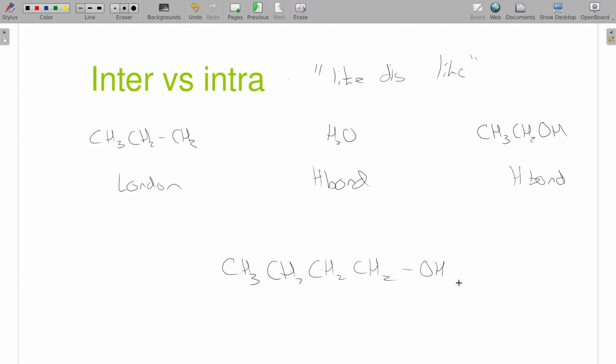Now, something neat about butanol, that OH, this does do hydrogen bonds with itself. And because it can do hydrogen bonds with itself, it has increased boiling point, increased freezing point over something without hydrogen bonds. It's going to be a liquid at room temperature. All right, but hydrogen bonds, like dissolves like would imply that this should dissolve or mix with water. And it does, kind of.